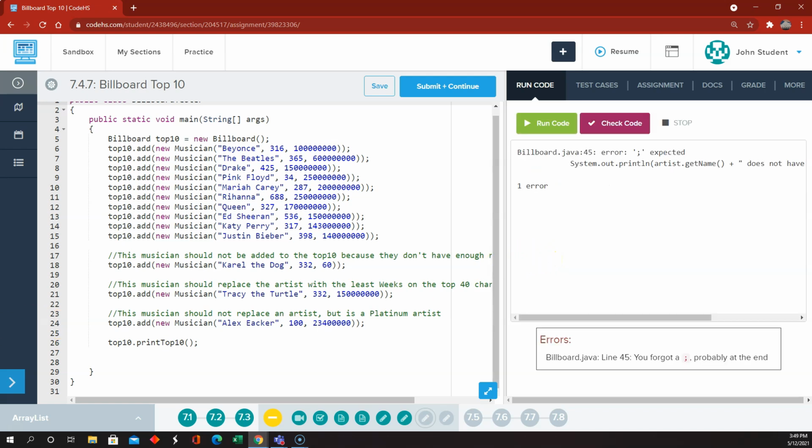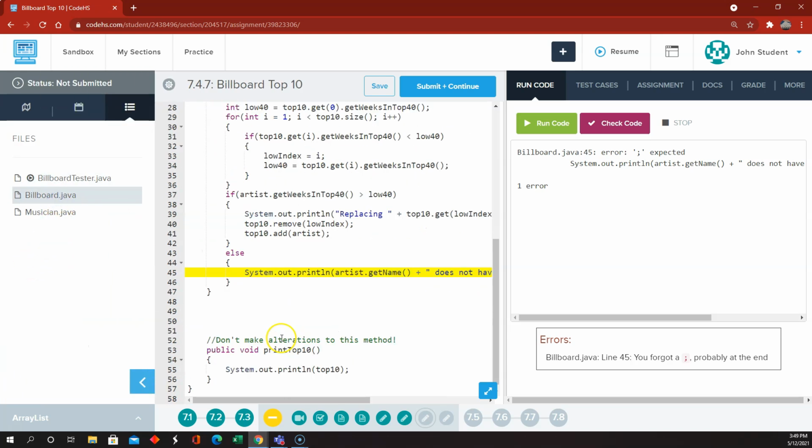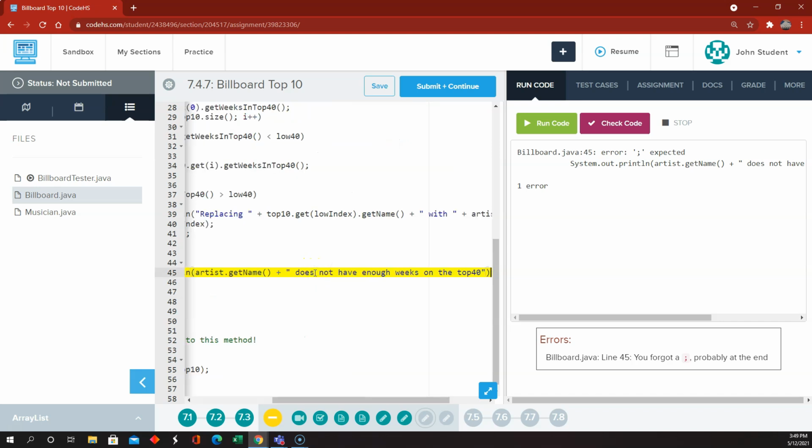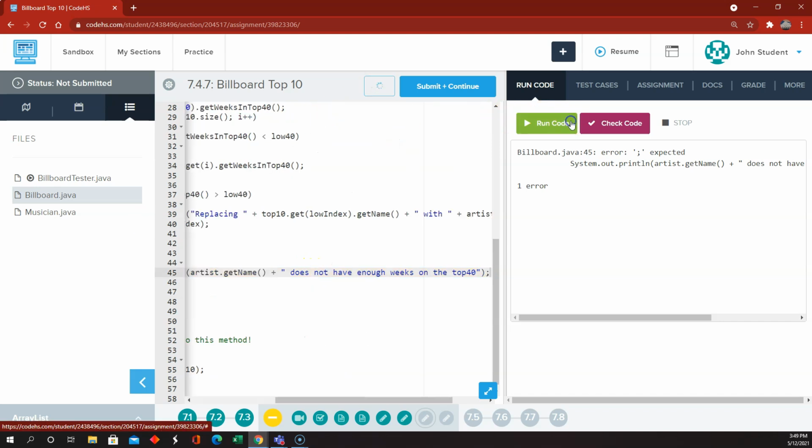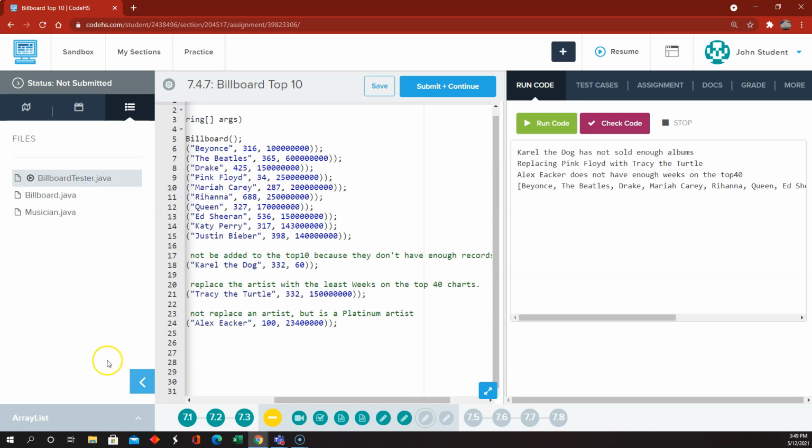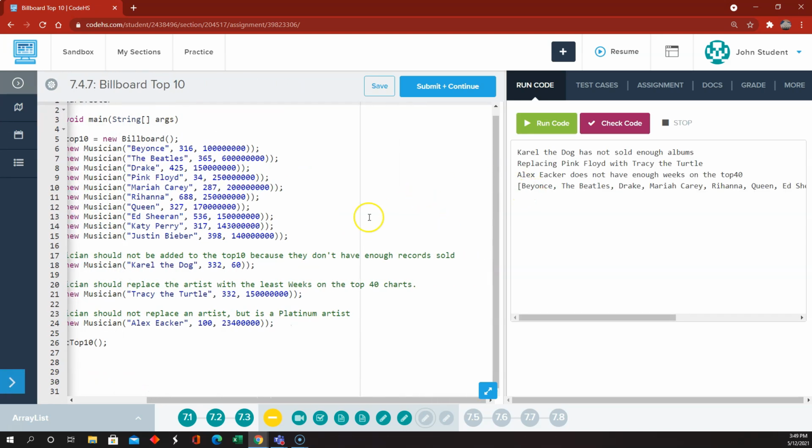Oh, I'm missing a semicolon somewhere. Billboard 45. This long print statement is missing a semicolon. Okay, so